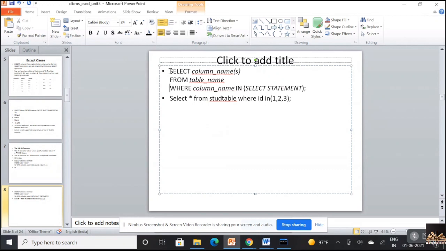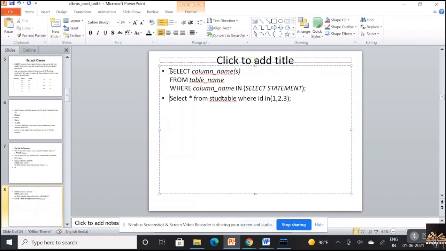Okay. And one of the simple examples I've written over here is select star from student table where ID in 1, 2, 3. So I'm interested in displaying the details of students whose ID is either 1 or 2 or 3.